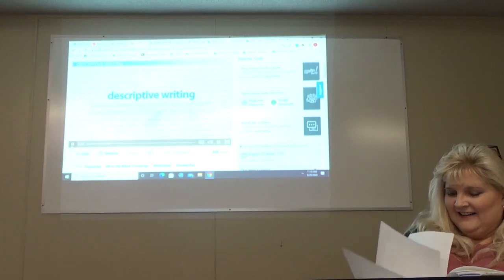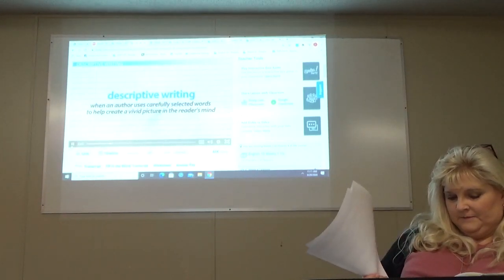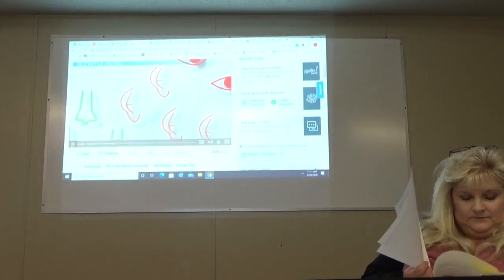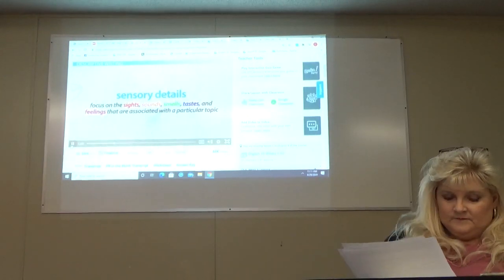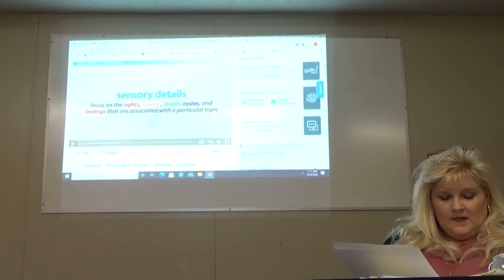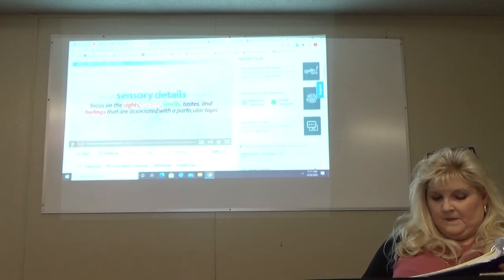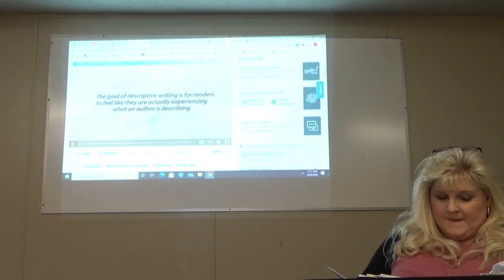Descriptive writing is when an author uses carefully selected words to help create a vivid picture in the reader's mind. Oftentimes, these words involve sensory details, which focus on the sights, sounds, smells, tastes, and feelings that are associated with a particular topic. The goal of descriptive writing is for readers to feel like they are actually experiencing what an